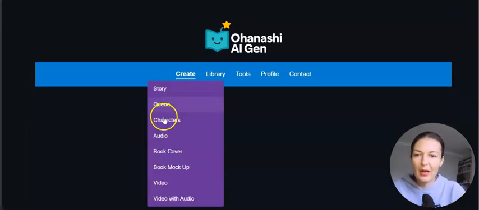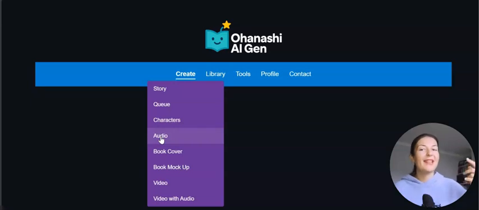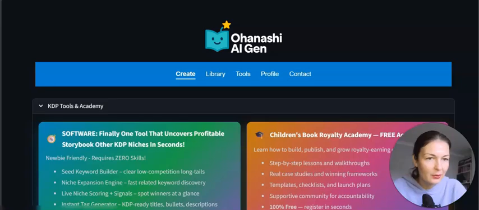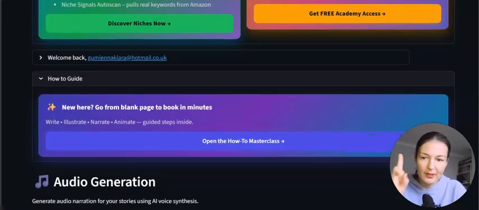And now I'm going to show you how to create the audio, because then we will turn that book into a video. The video with audio, guys, is part of probably Elite, but an amazing feature to have, okay? Because it's an amazing way of promoting your books. What's better than that? You've got the video and you've got the book that you sell on Amazon in the description below that video. I mean, guys, my goodness, you're killing so many birds. I mean, I would never kill a bird, but you know what I mean, with one stone, with one software.